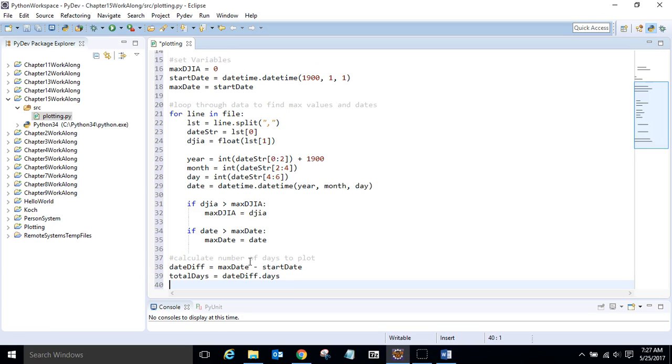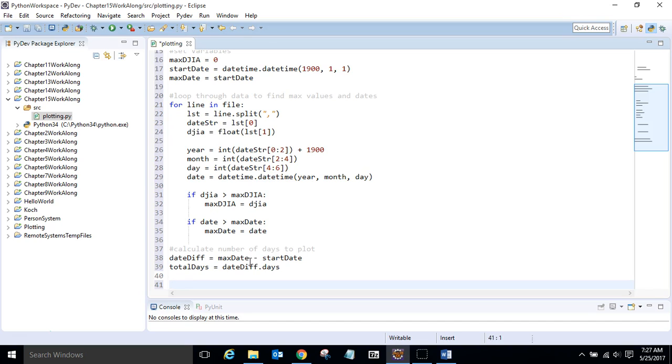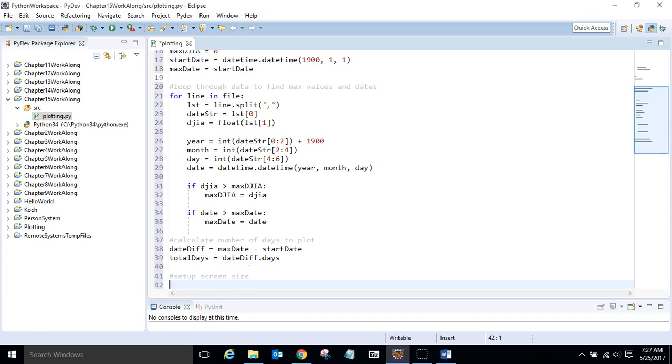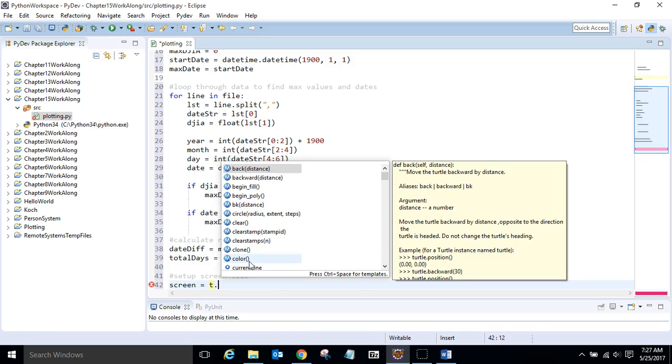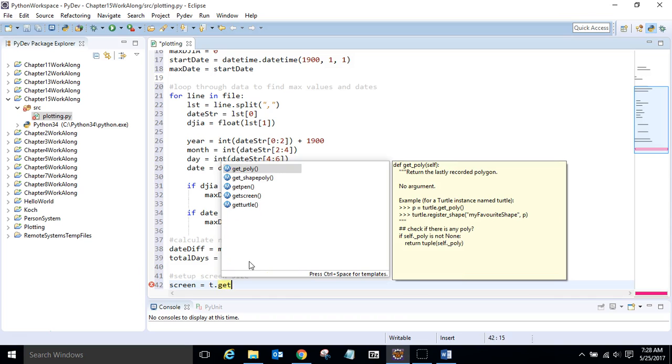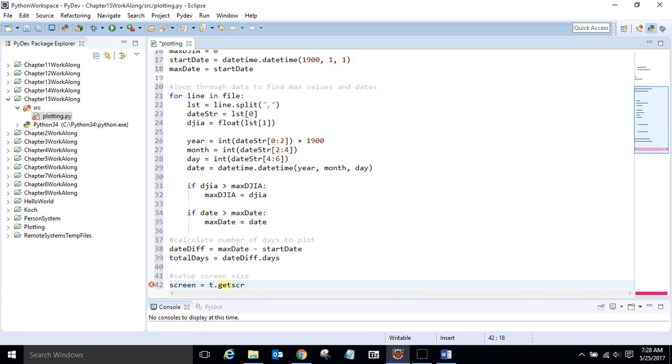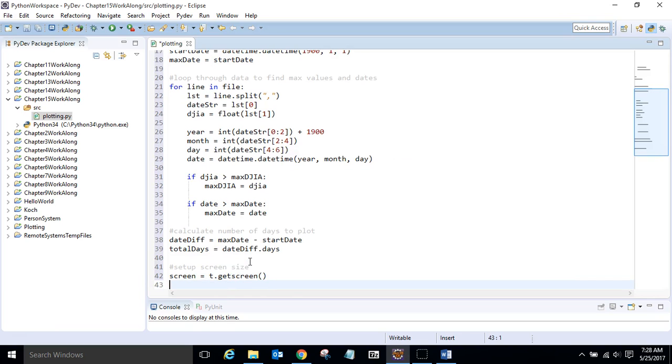Okay. So from there, there's one more thing we're going to do. We're going to start setting up our screen. And that's why we're going through all of this, to set up our screen size. So let's put a comment in here. Let's set up screen size. And in here, we're going to say screen. We're making an object, calling it screen, is going to be T, going back to our turtle, dot get screen. And that is creating our screen. And then we're going to set the size to it. So screen